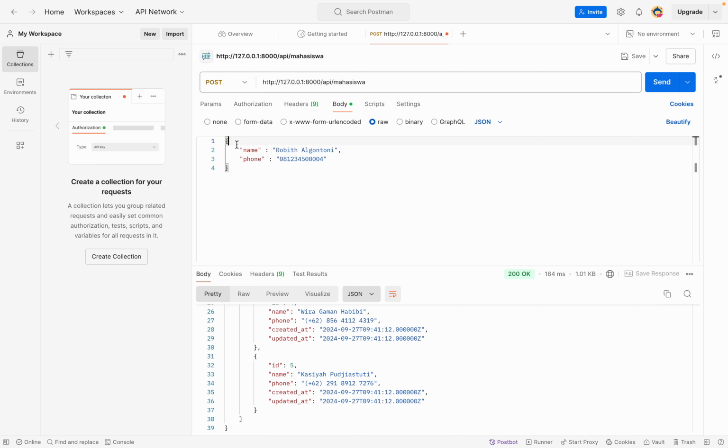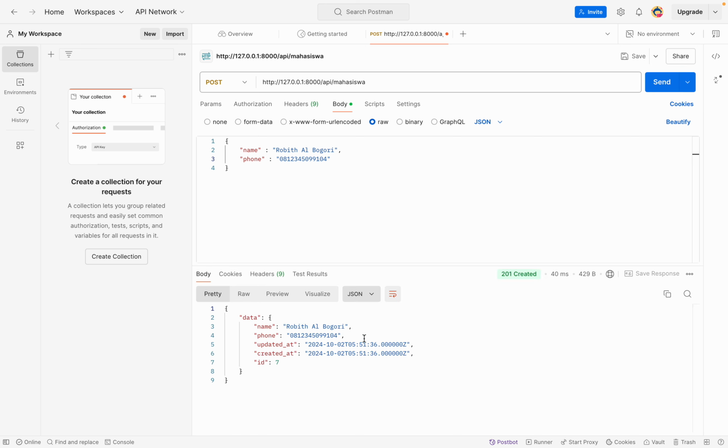You must close the curly bracket first, and then add the name, colon, Robit Al Bogori maybe, and then the font I change to 991. Okay, we will send the data.